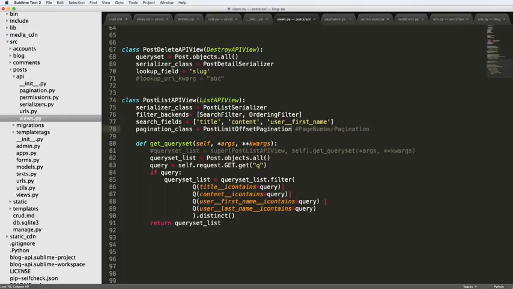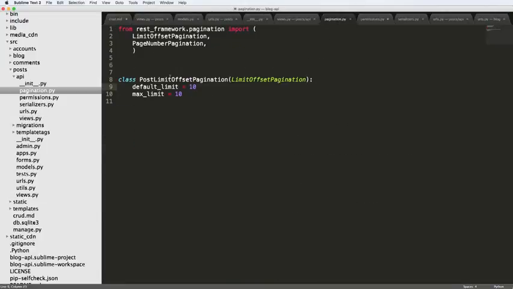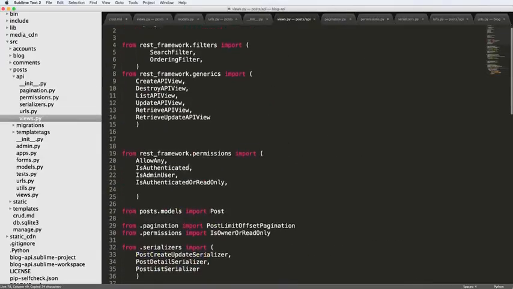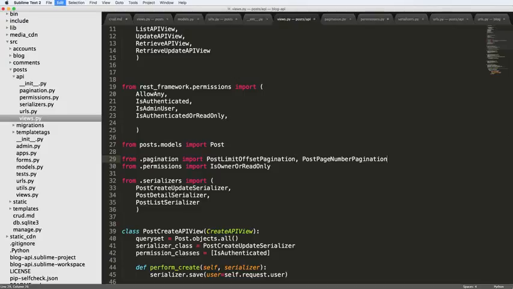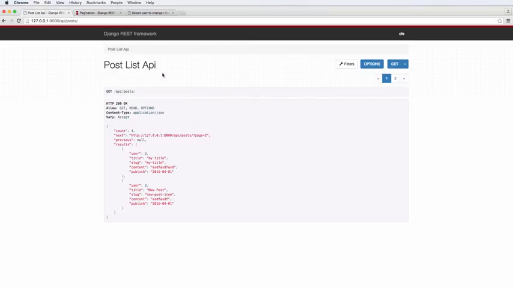But since in our original view we used the page, so using page pagination, that's what we're going to do now, is actually show you how to do the page pagination stuff. I'm going to copy the page number pagination class, and I'll just call it post page number pagination, and so on. And we'll say page size equaling to, let's say 2, and then we'll just leave it as that. And we're going to import this into our view. Scroll back into the top. Import that into our view, and then in our class we'll change to post page number,